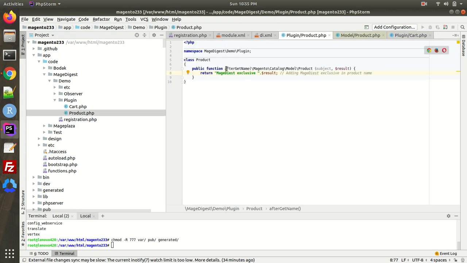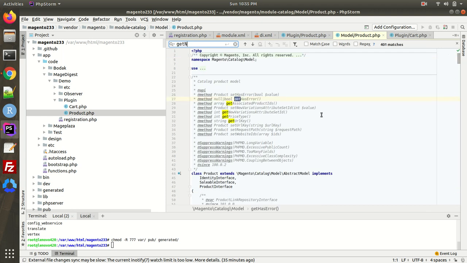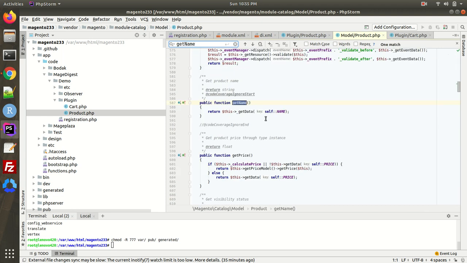What we are observing: we are using the after keyword because it's the after plugin, and getName. So we'll go to the main observed class and search for getName. See, this is the method that we are trying to observe with the after plugin. You have to be very careful because it's case sensitive.